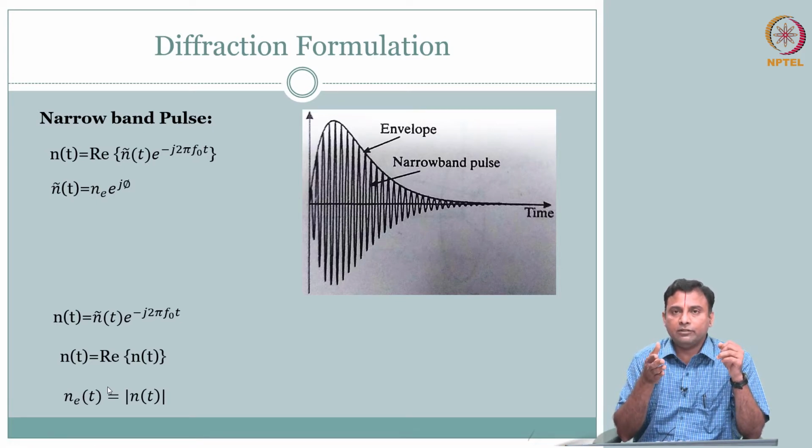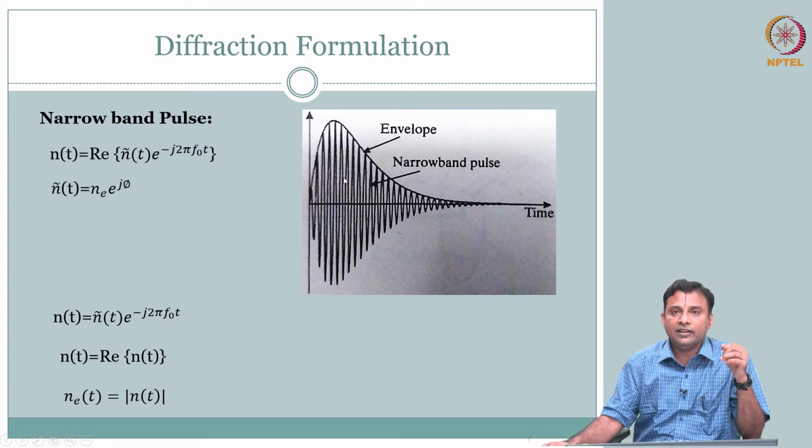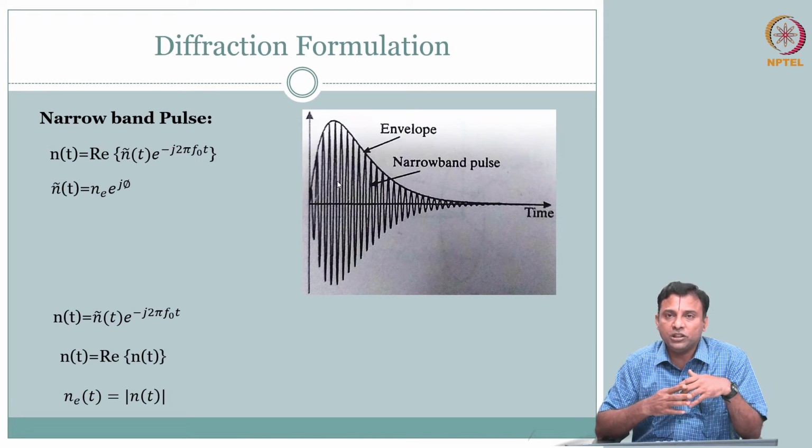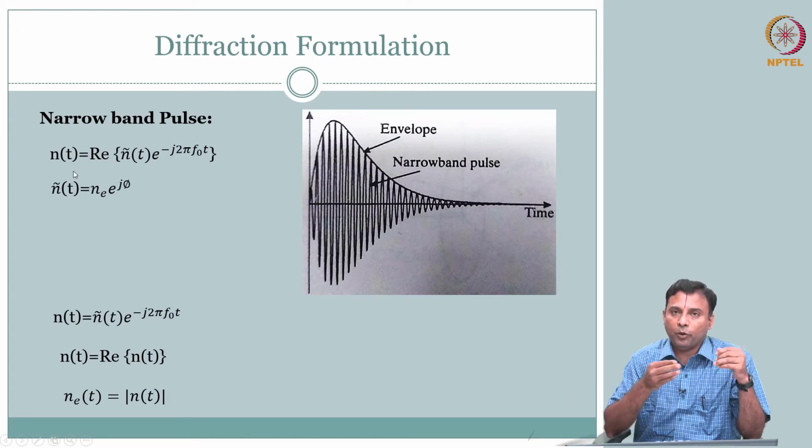So, now our objective is, you can look at it. If this is what is happening at the face, if the face is going to have this vibration, this pressure wave that is created at the face of the transducer, then what is going to happen after it leaves the transducer and goes to a medium? How is this pressure distribution going to change, or how is this pressure pulse going to propagate?